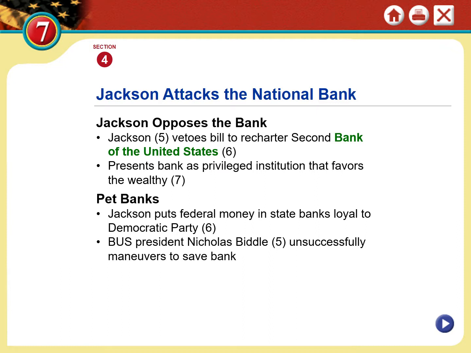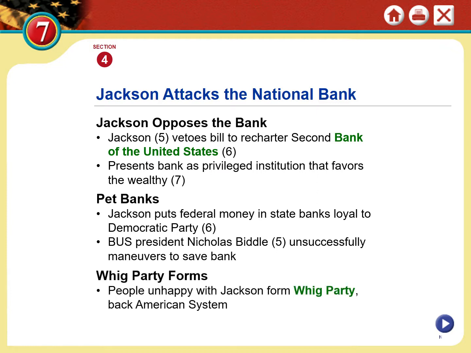And by putting money into state banks, he's going to cause some major problems. In fact, many people saw the storm coming and were so dead set against him breaking up the Bank of the United States that they formed a new political party called the Whig Party. The idea of the Whig Party was to stand by the American system that Henry Clay had developed. And remember, Henry Clay's plan was based on a national currency. In fact, much of the debate between pet banks and a